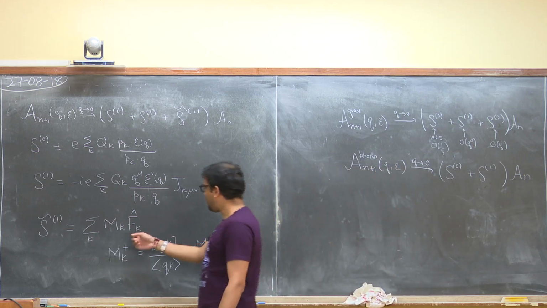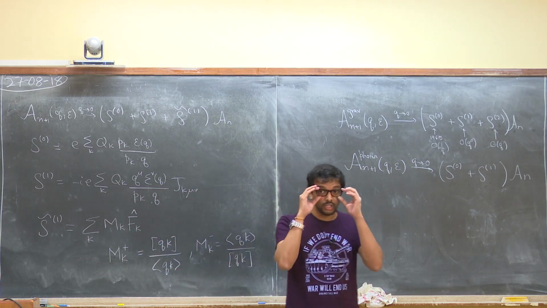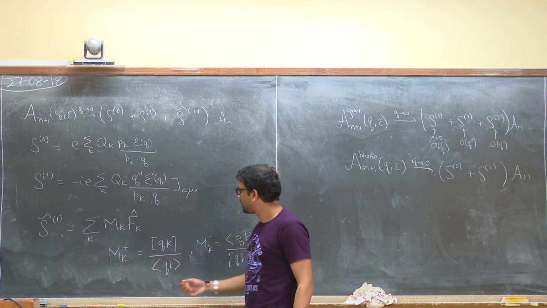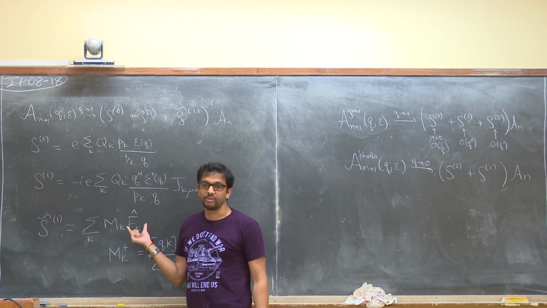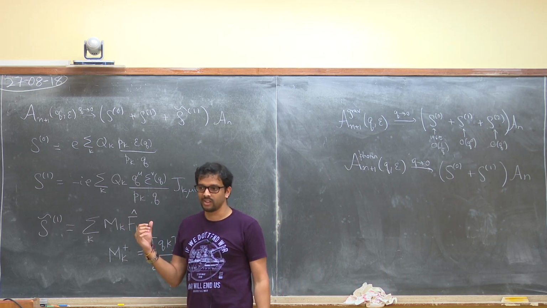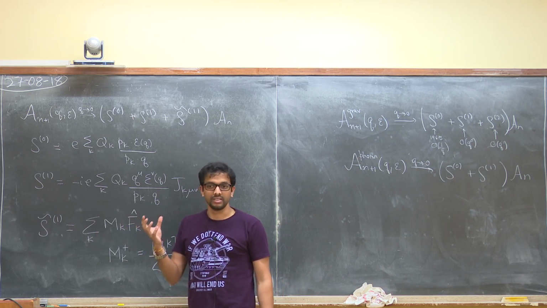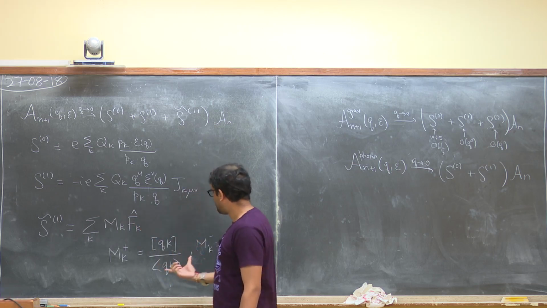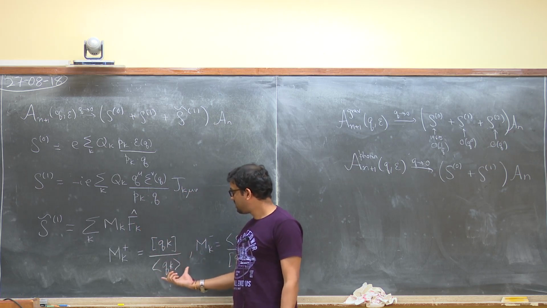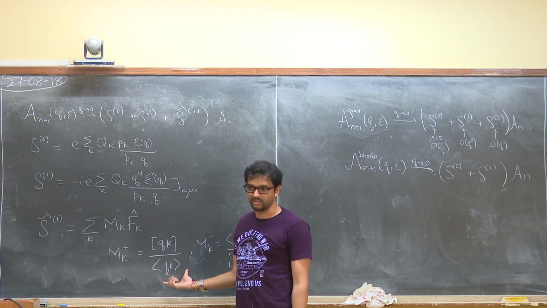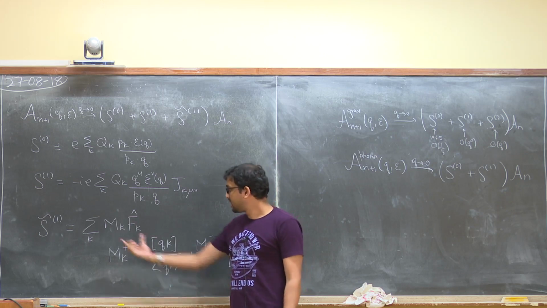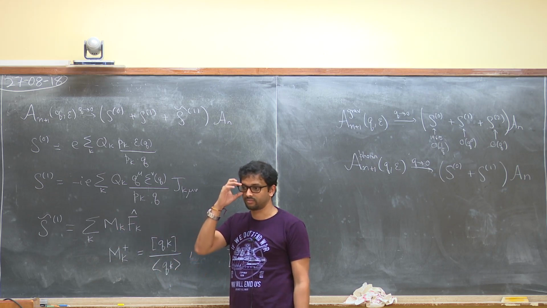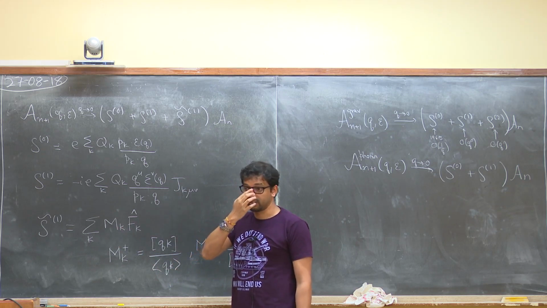And then f hat is just a particle changing operator. It has no dependence on z, it has no dependence on q or k or anything. It just takes the kth particle and replaces it with a different type of particle. Now what exactly that different type of particle is depends on the theory. But you can already say a few things. Firstly, the entire kinematical dependence is given in this mk and is completely universal. It's independent of what high derivative term you're adding. That's the first interesting fact.